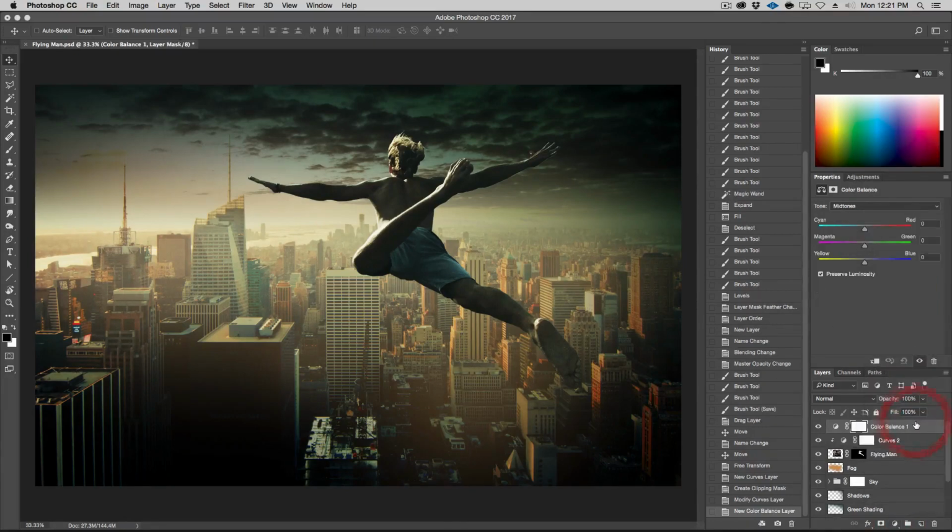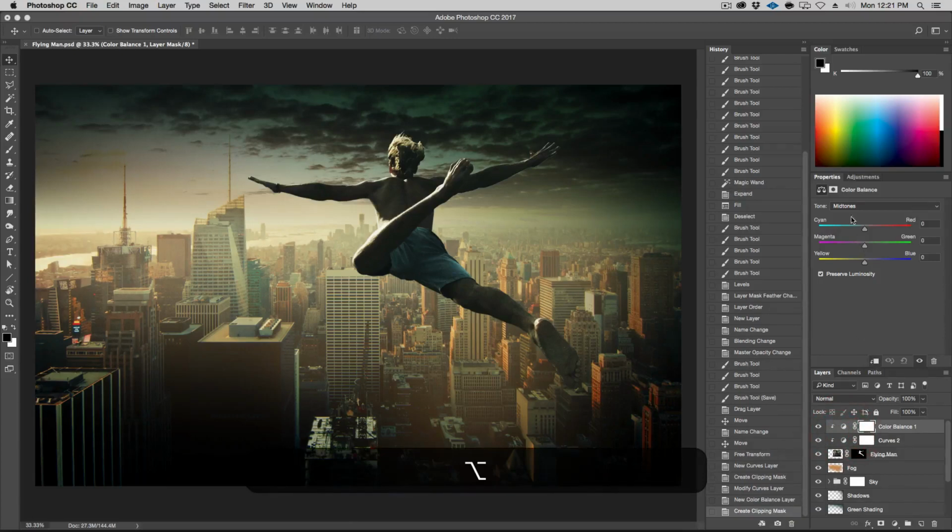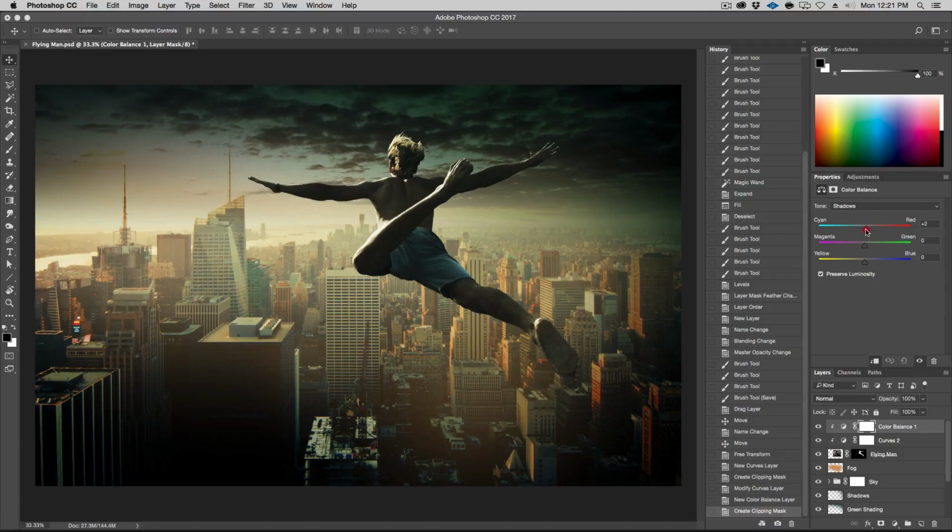Let's go to color balance, and once again, hold on the Alt key so it just goes onto this layer. All right, and then we're going to go to the shadows. Let's just make it a little bit less cyan and a little more blue, very, very light in the shadows. Don't want to go too heavy-handed. And then in the highlights, we can go a little more. I want to change those lights. Let's go much, much redder up here, something like this, and maybe a little greener.